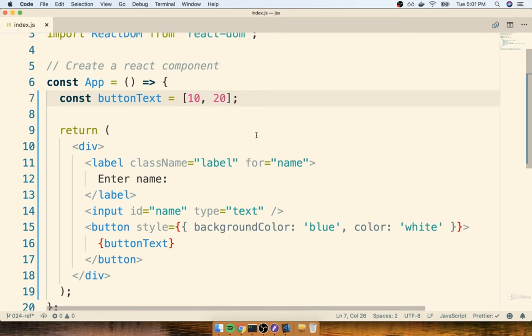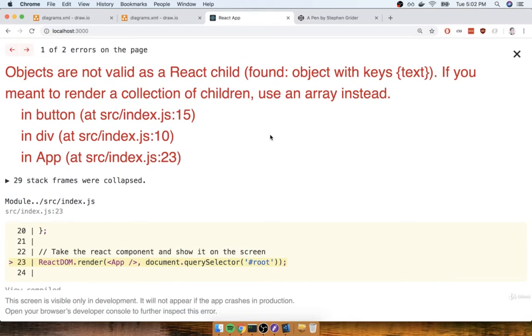But there's one particular example of something that I want to show you right here, the entire point of this video, because I can almost guarantee that you're going to run into this bug at some point in time. And when you see the error message around this bug, it's going to be pretty darn confusing. So I'm going to replace buttonText right here with a JavaScript object instead. This is a plain object. I'm going to give it a property of, say, text, and I'll say 'Click me'. All right, so now I'm going to save the file again. When I flip back over, we're going to see a nasty error message appear.